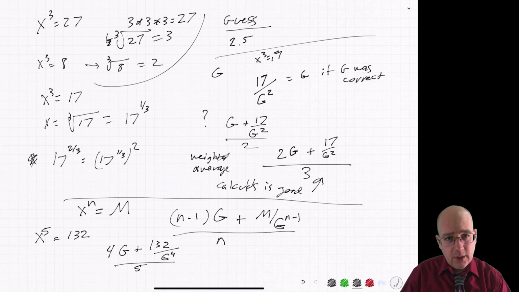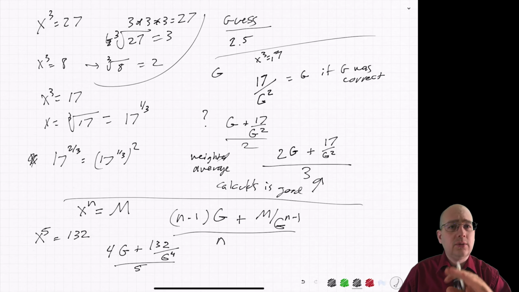All right, so that's real numbers and roots. And now what remains is